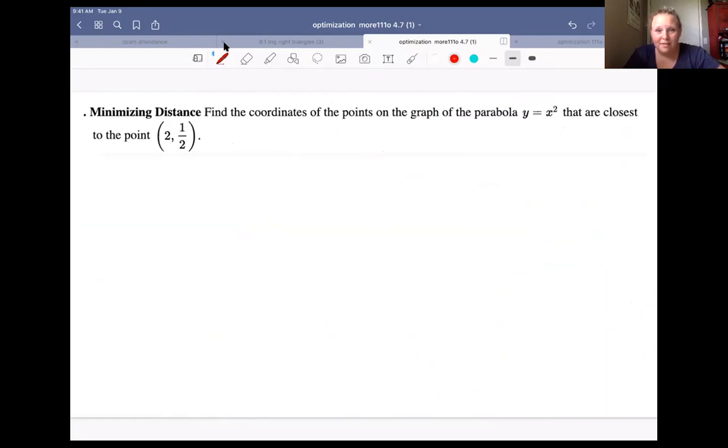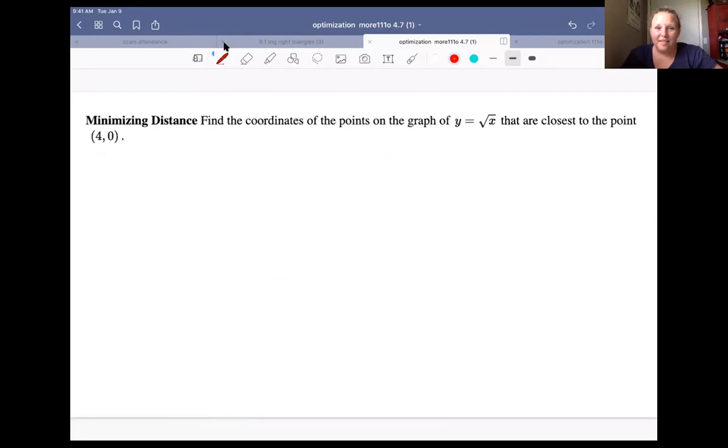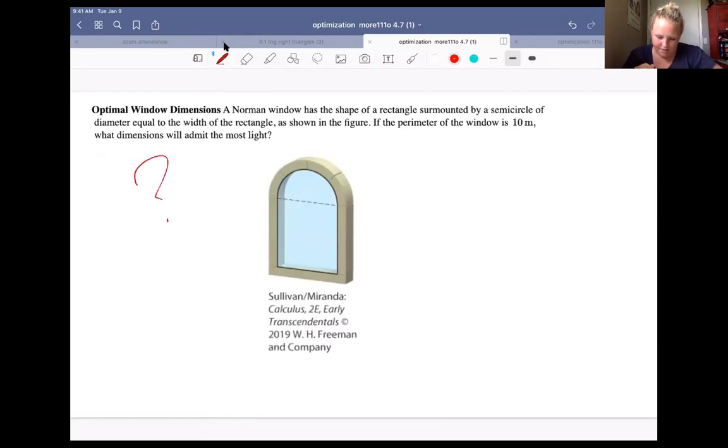We'll minimize the distance between a point and a parabola. If you had a parabola and a point, there's lots of distances you could take, but we're going to end up finding the shortest distance from a point to a line using the distance formula. There'll be lots of examples. I don't know if we'll get to this one or not, but